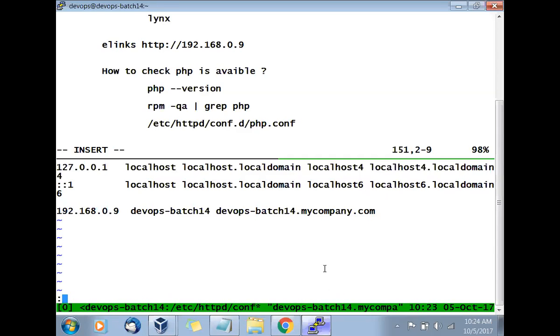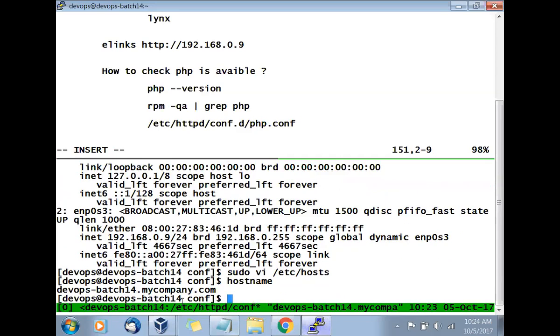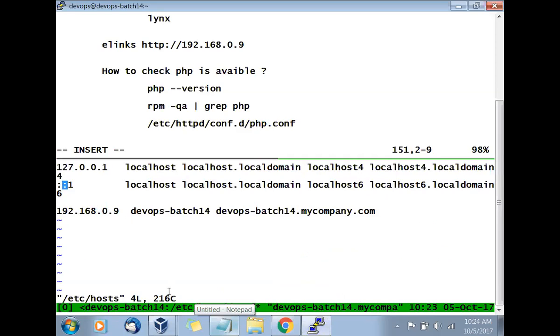So is that name mycompany.com the same? Let's go and see that. Is there any spelling mistake or typo? devopsbatch14, devopsbatch14 is exactly the same. mycompany.com, yes.